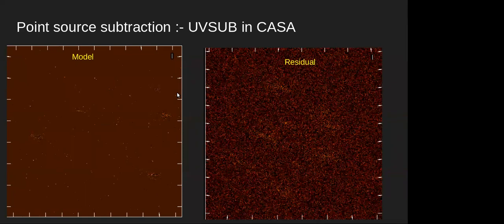Now, the last thing I want to mention before Shomitar's lecture is point source subtraction, that is UV sub in CASA. What Prasun mentioned to you is that you first make a good image of your field of view, and then you model these bright sources, which are basically foregrounds for your purpose, right? You want to measure HI. You do not want to see the foregrounds. So one way is to first do a very precise calibration, then apply that calibration, make a great model, and then subtract that model from your data set.